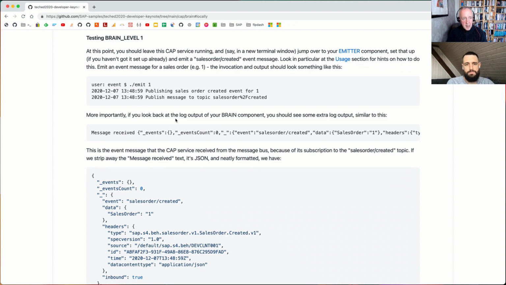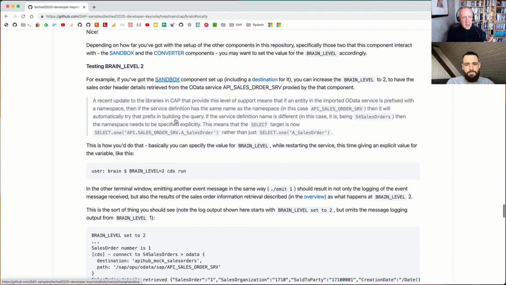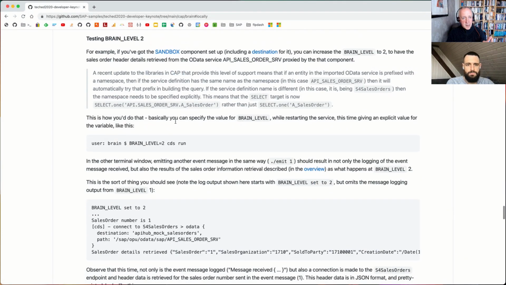when we emit a message from the emitter. Brain level 2, which we covered last week, goes to the sandbox component, the proxy that's proxying the sales order service API, and grabs the details of the sales order that's in the message. Sales order 1, for example, goes and gets the header, the sold to party, and most importantly for this episode, the net amount of that sales order. So let's just quickly, before we dive in to the